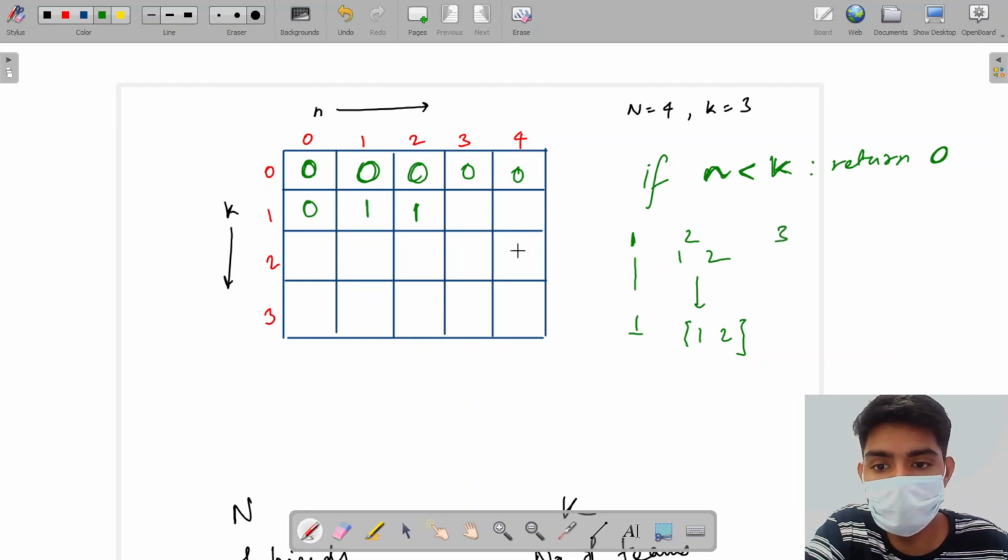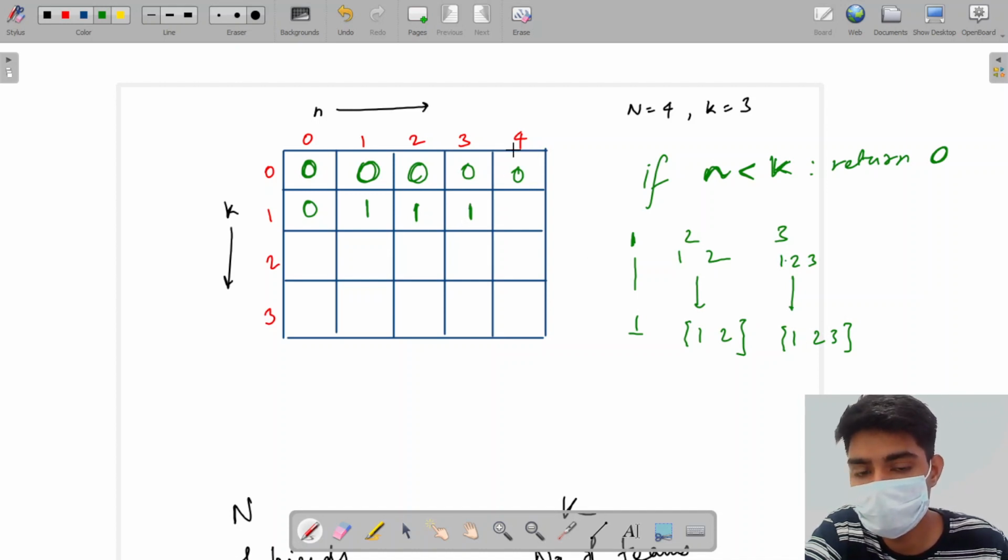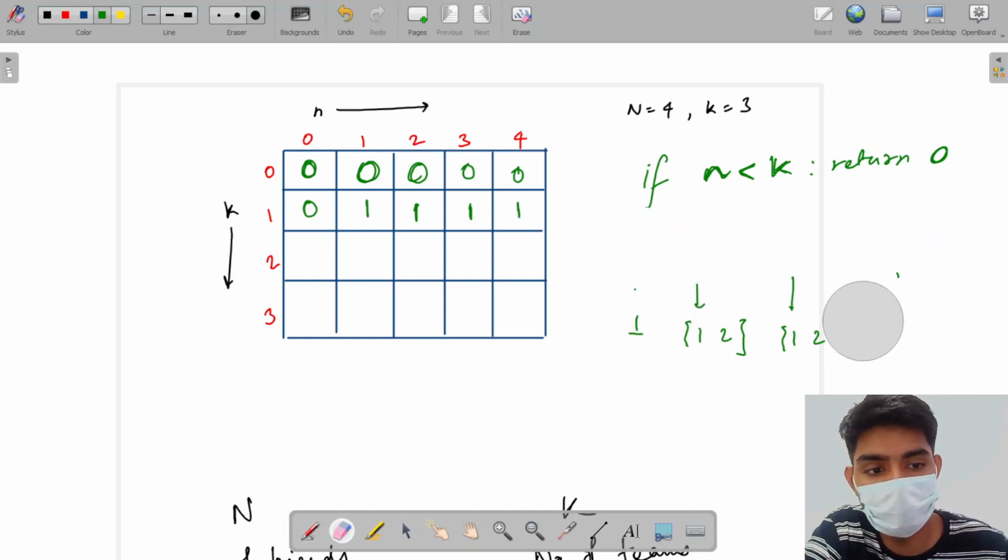I have three people and I have to divide it in one subset. So I have three people, 1, 2, and 3. The only way is all of them go in the same team, right? So there is only one way. For 4, the same thing, 1, 2, 3, and 4, all of them go in the same team. That's the only way to divide them in one subset. So my answer here would be 1. I hope you're understanding how we are filling the